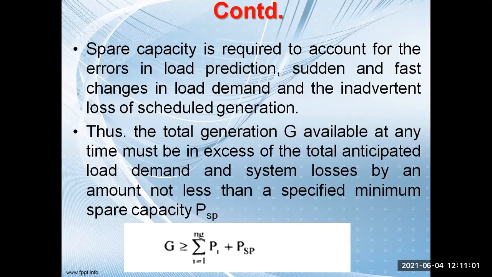So if suddenly, let us say, 100 megawatt is taken out of the system and you have a connected load, what will happen? You cannot immediately manage it. So the load has to be shut off. Okay, load has to be shut off means there will be load shedding.